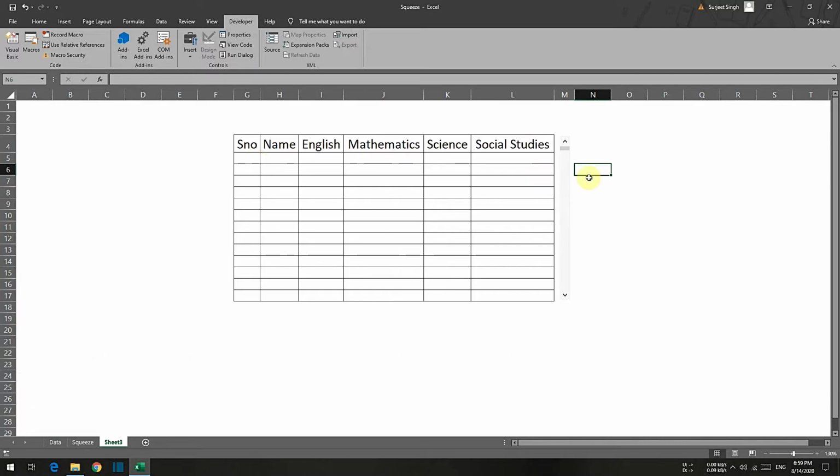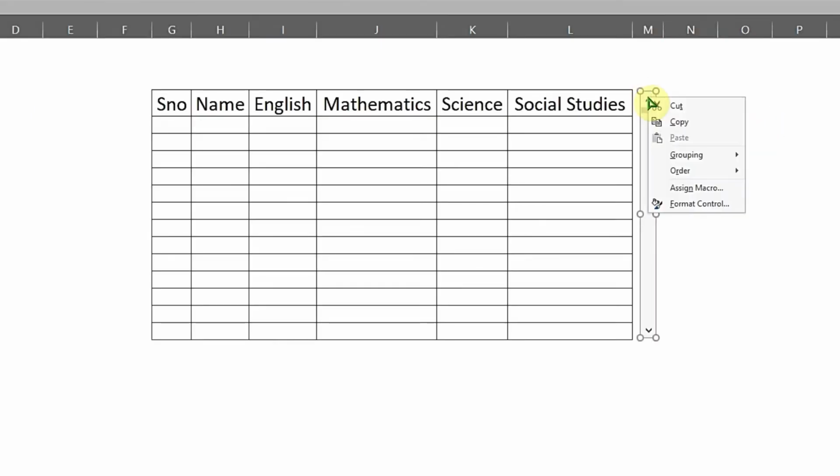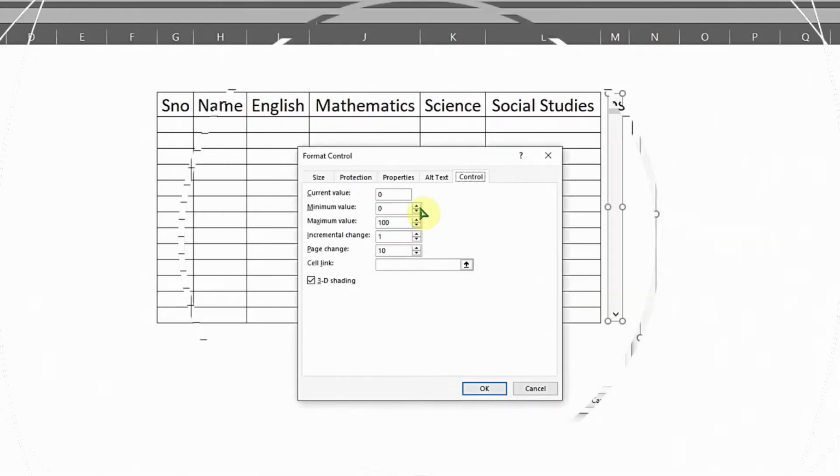Now I will select this scroll bar, right click on it and click on Format Control. This one is very important. Change the current value to 1, minimum value to 1. This maximum value we will discuss later on, how to decide it. Incremental change 1 is okay, page change 10 is okay.